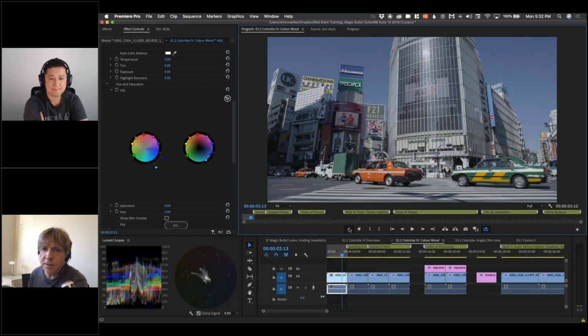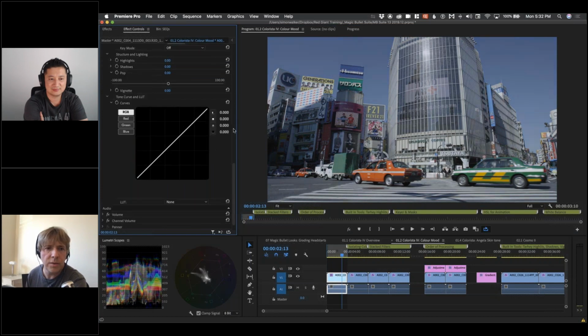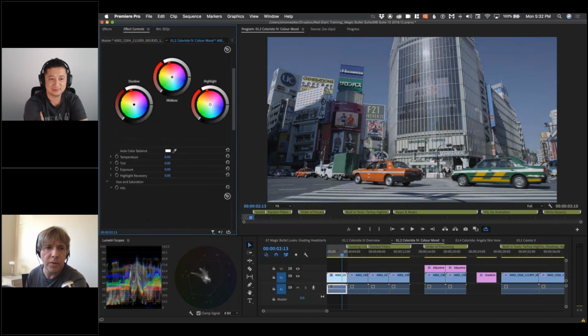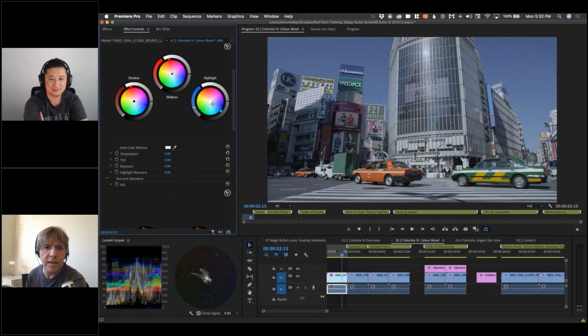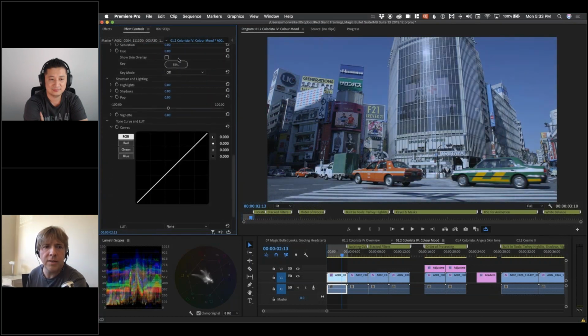Great, the sky is being adjusted, but you'll notice that also a couple of these signs are also being adjusted or exaggerated. So what if you wanted to highlight just the sky? Well, this is a job for the Keyer. So let's just reset those, and I'm going to add a little bit of blue into the highlights just to exaggerate that sky because I want to show you how it looks in the Keyer. If we jump back into the Keyer